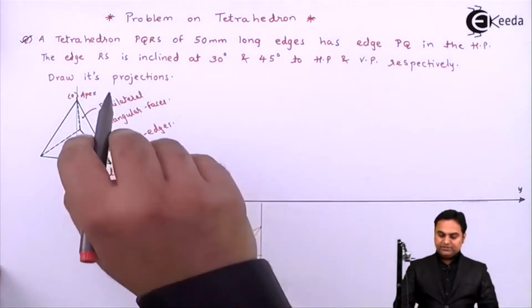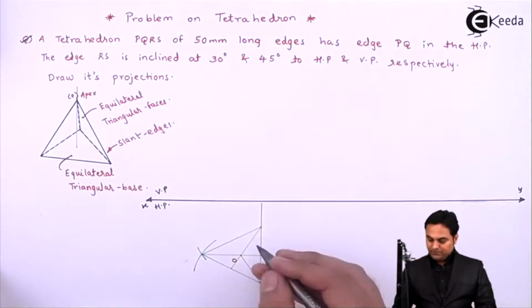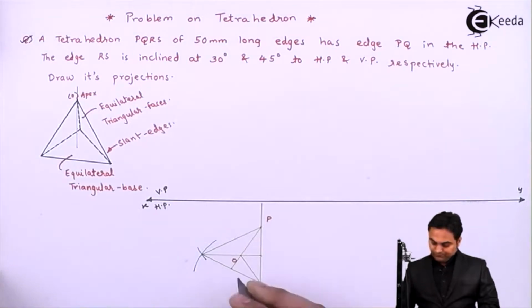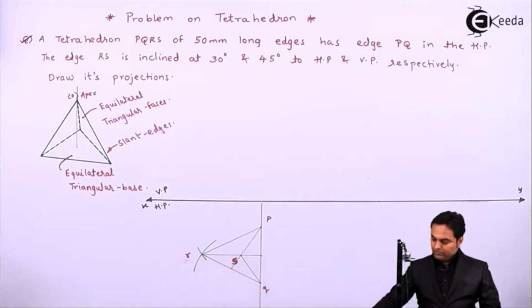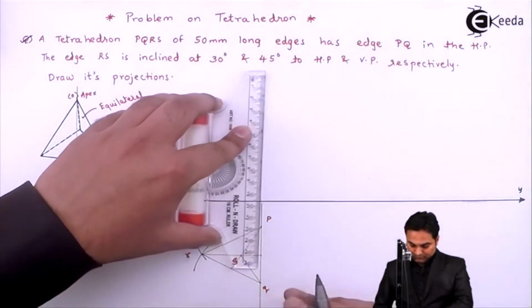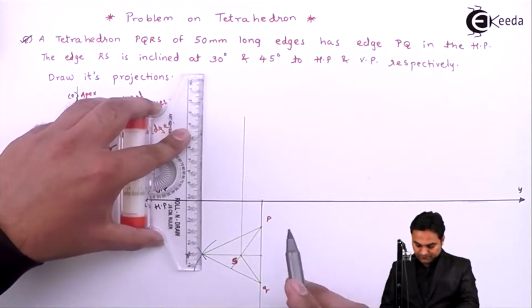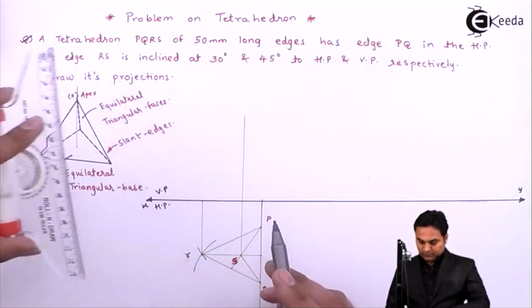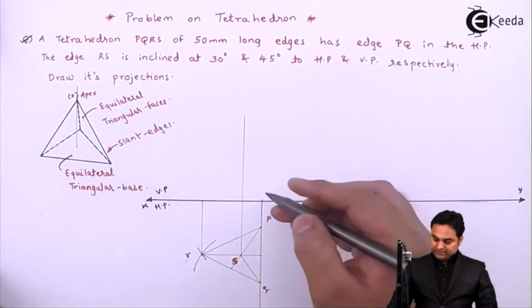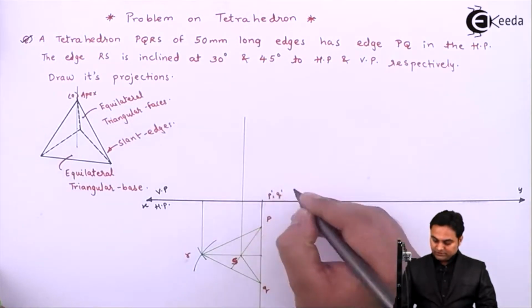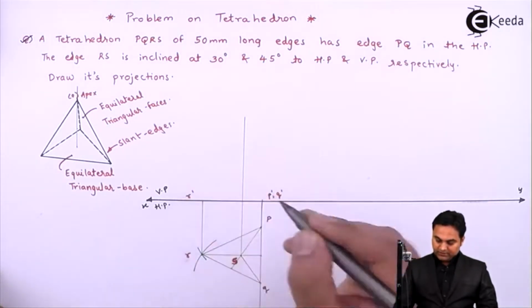Next, I'll give the notation. It is given that tetrahedron PQRS. So edge PQ, it is resting on this edge PQ. This I'll call it as R, and apex O I'll name it as S. So that is an edge RS. Apex will be projected upwards. Similarly, point R. Here I'll get the points as P dash, comma Q dash. This is R dash.